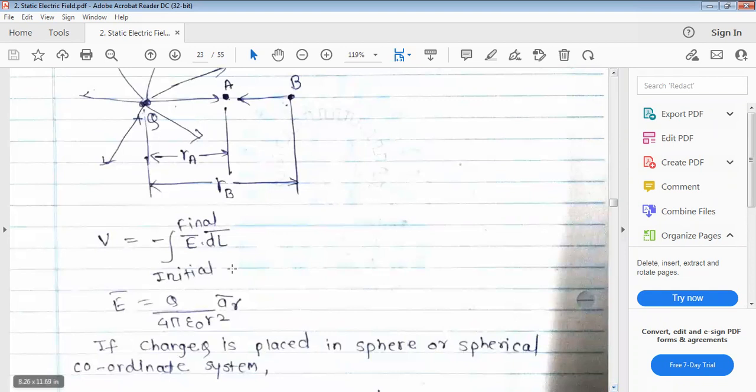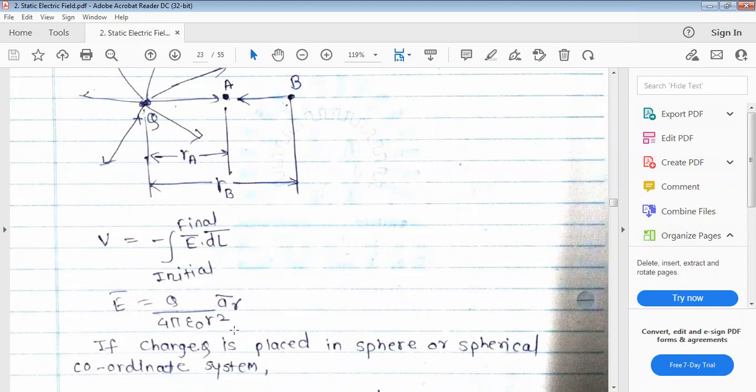Now here, what is E bar? All of you know, E bar is equal to Q upon 4 pi epsilon 0 R square. It is the equation for the electric field intensity when we are considering a point charge. We use this equation because we are considering a point charge here. But if a sheet charge is used, your equation is different. If you are using a line charge, then your equation is different. Remember this.